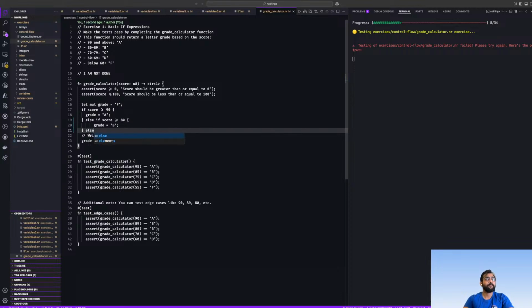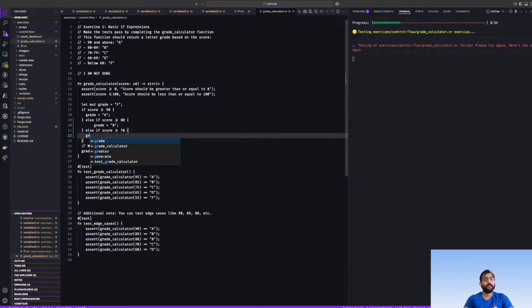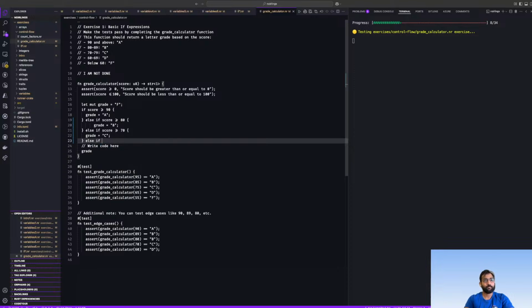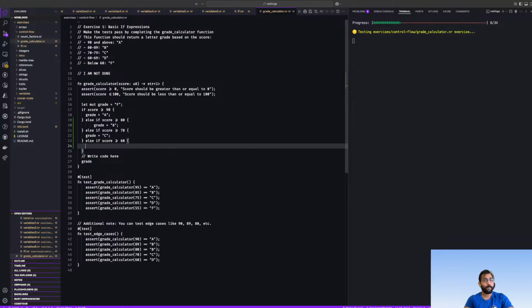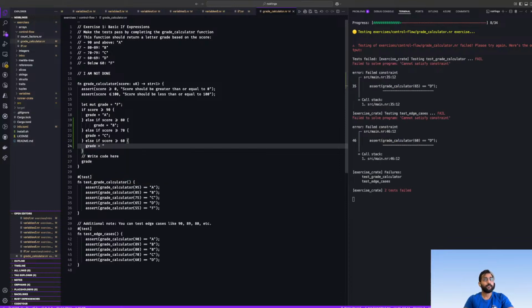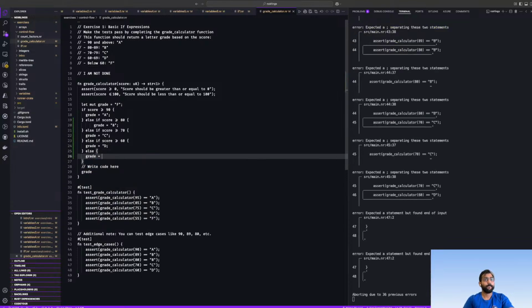Okay, else if score greater than or equal to 70, grade equals C. Else if score greater than or equal to 60, grade equals D. Else grade equals F, and semicolon.